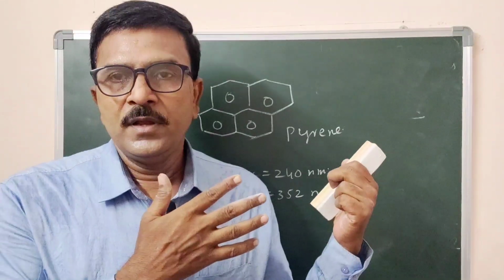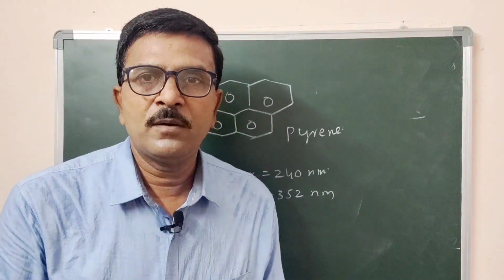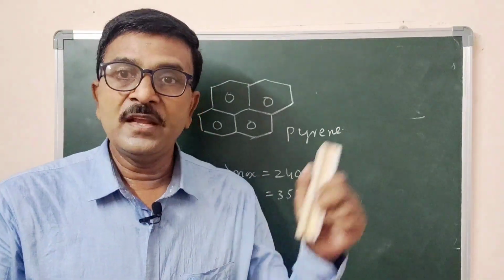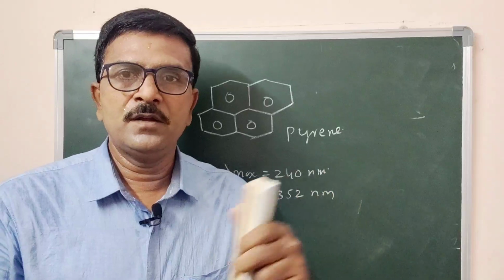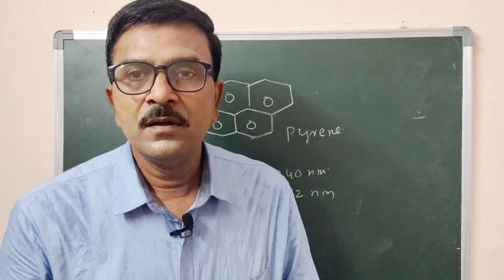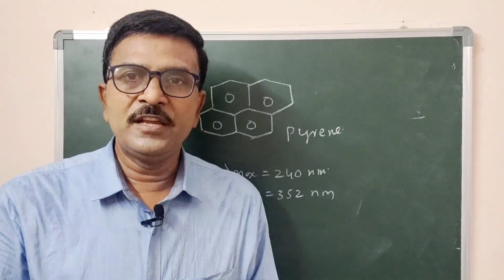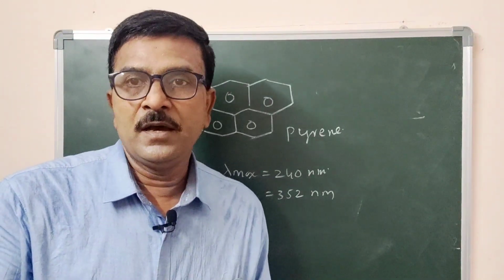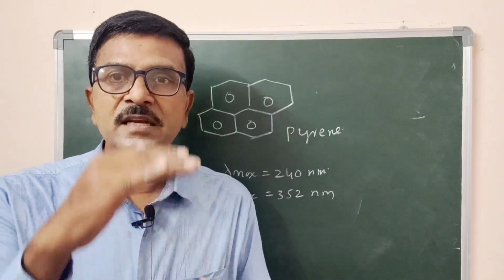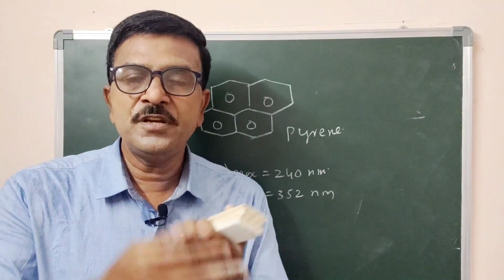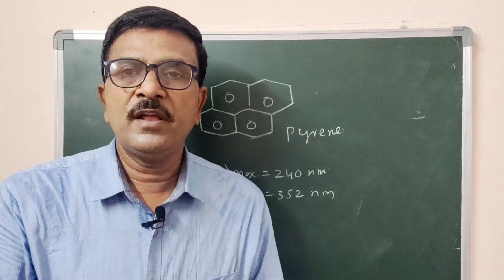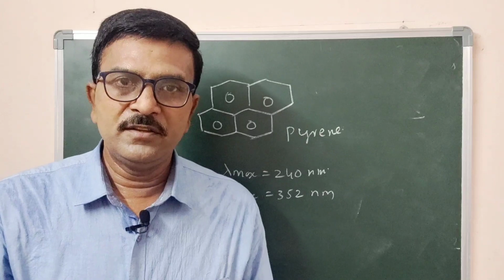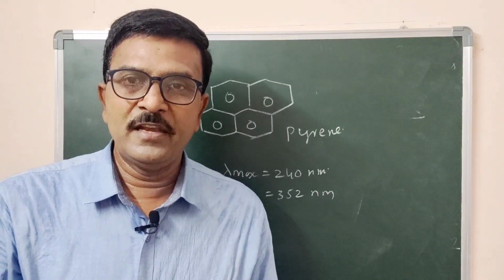So in the case of polynuclear aromatic hydrocarbons, we can observe that on increasing the number of double bonds or conjugation or benzene rings, the absorption maxima also increases. Due to what? Due to overlapping of pi orbitals, the energy difference between pi to pi star transitions decreases, therefore it requires lesser energy and hence is absorbed at longer wavelength, that is at bathochromic values.